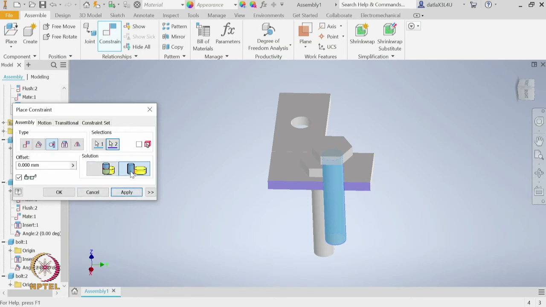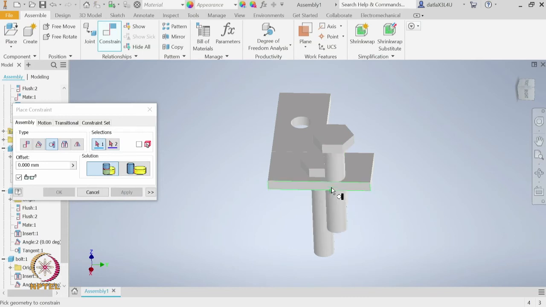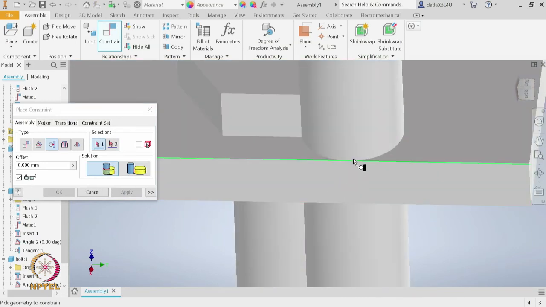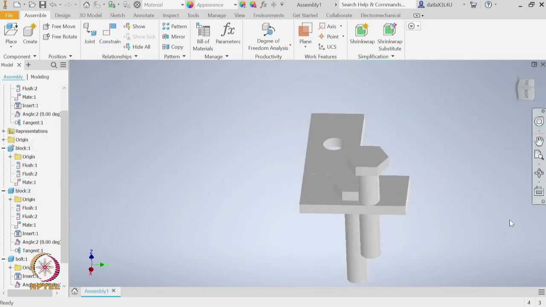So, let me say inside and apply. Now, if I zoom in, I can see at this line, for example, both these surfaces, the circular surface of the bolt as well as the planar surface of this block, are tangential to each other. Okay.